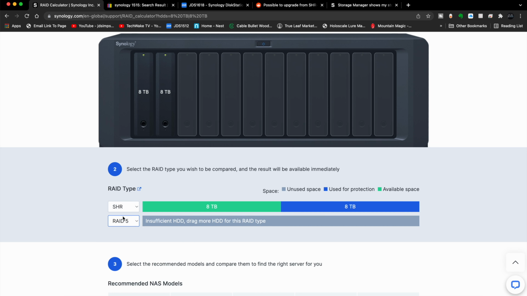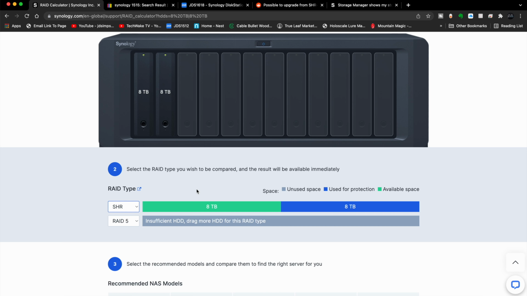I'm not going to get into all these RAID configurations down here because we're going to stick with SHR. SHR is Synology Hybrid RAID. That is Synology's own in-house RAID system. The reason I like SHR is that it allows you to use different brands of drives, different sizes of drives, and different speeds of drives, and it doesn't complain about that, whereas these other RAID configurations won't give you that latitude. Plus, it's easier to move your RAID array over from box to box when you're using the SHR protocol. So we're going to stick with SHR, and we're going to be between SHR2 and SHR1, okay?